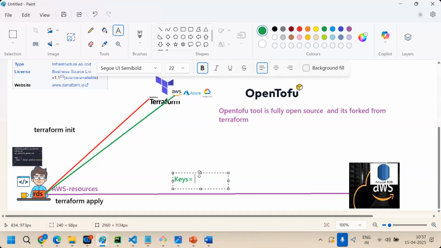Once your request has already entered AWS, keys work for authentication only. Login. Clear till here? Perfect.